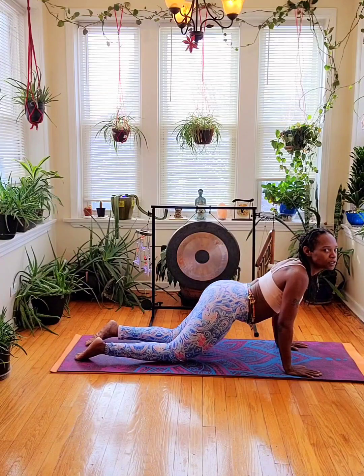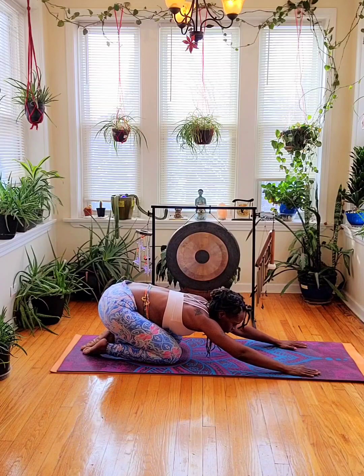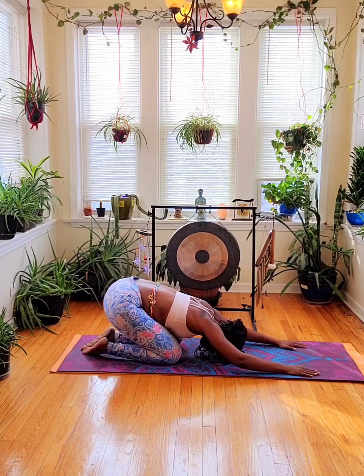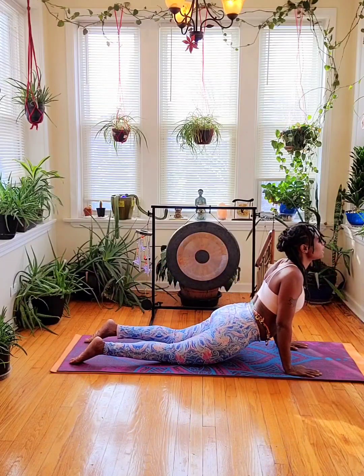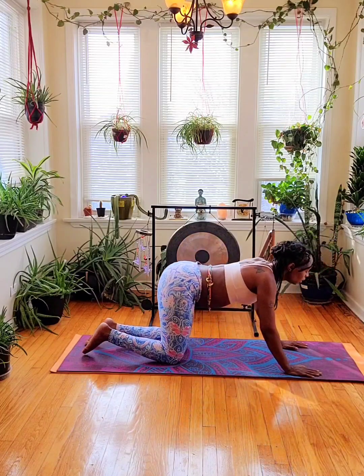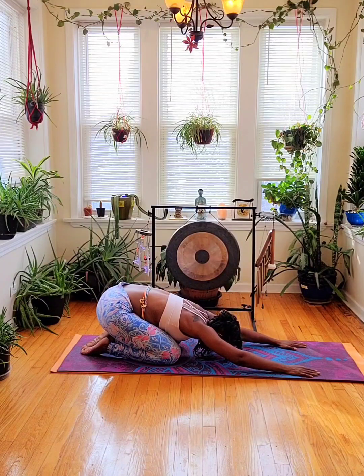Then we'll go back, pushing the weight back, and go back into that child's pose. Stretching, releasing our head down. Then inhale, pushing the weight back into the hands, pushing up, pushing our chest open, head back into that cobra pose. We'll do that just a couple times, back and forth. With each one, we're intentionally breathing,